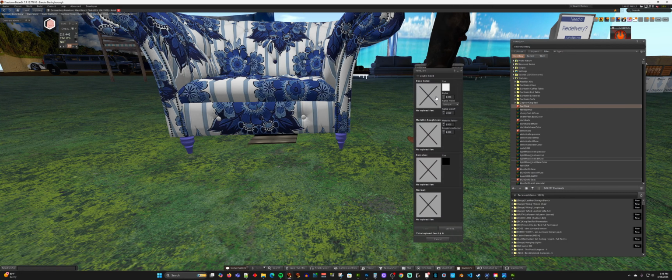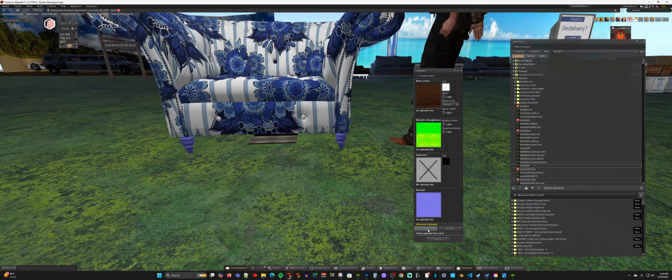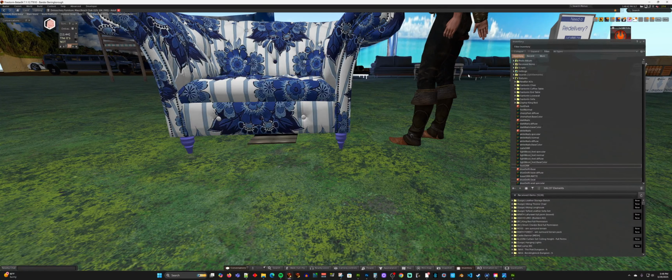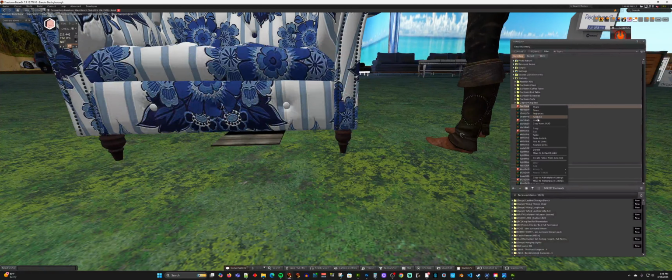All right, so this is going to have the cherry base color. It's going to have the feet normal as my normal. And then it's going to have feet ORM. It's the ORM. And if I apply that, it should look right. Okay, it does look right. Okay, great. So then let's just take that and we will copy it. Paste it,